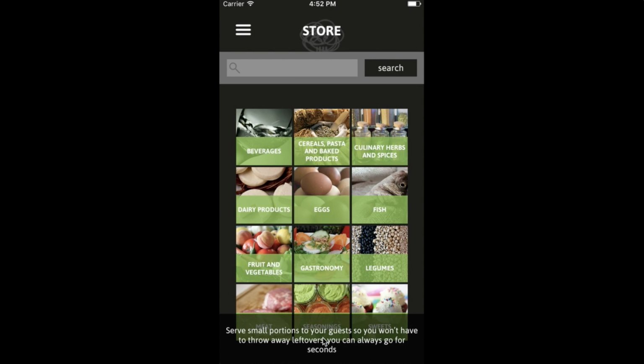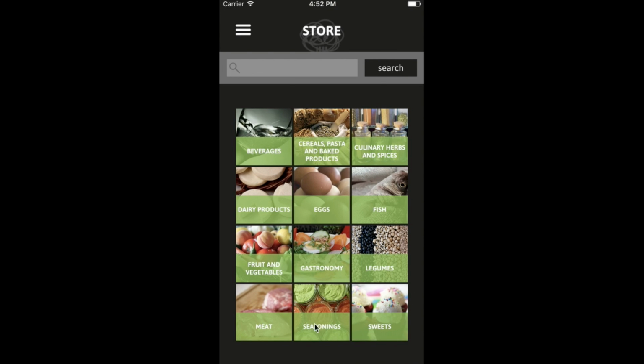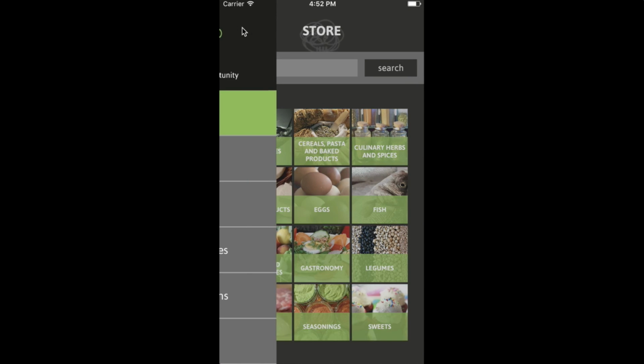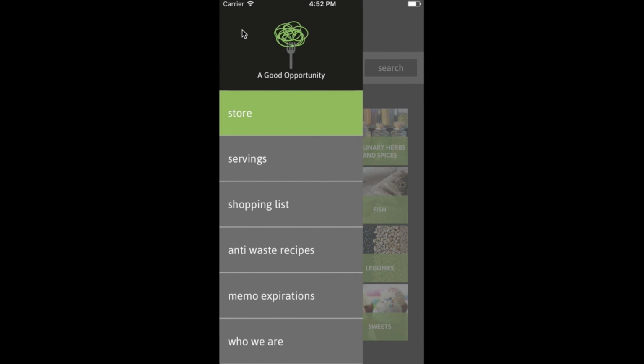Okay, now let's have a look to the last functionality that has been added to the A Good Opportunity mobile application. This last functionality is the MEMO expiration. Okay, we get to the main menu and we select the MEMO expirations button in order to access this